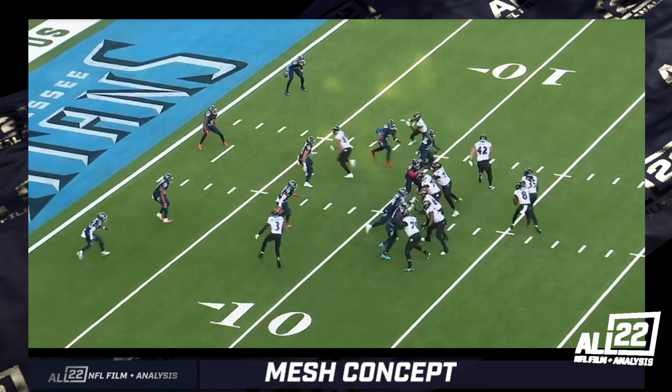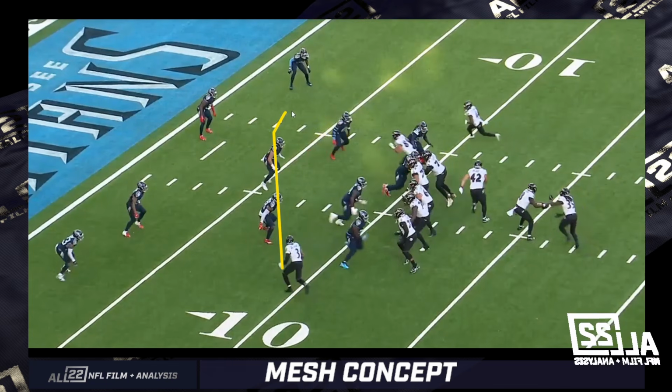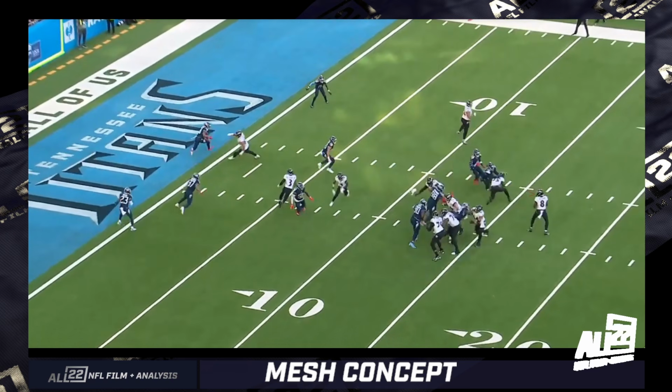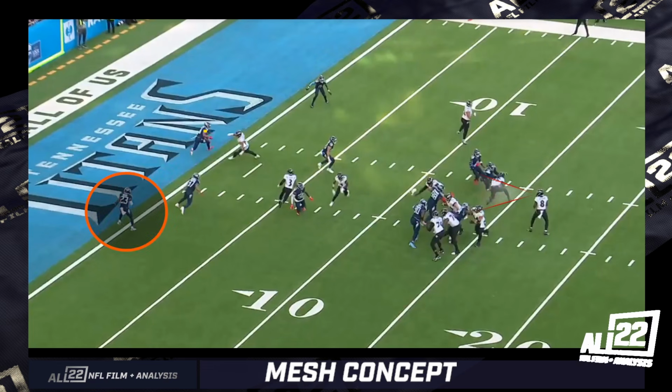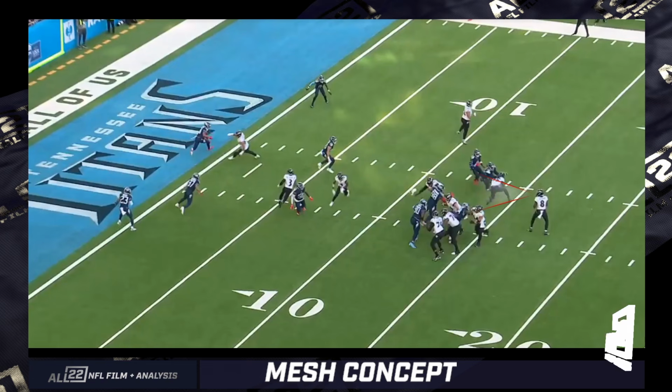So the underneath element of this, the way that the receivers release, both of them, the outside receivers, OBJ with Baltimore back then, and then Zay Flowers here, it kind of gets an interesting reaction from the two outside corners and then from the two safeties. It looks to me like one of the safeties IDs that this is mesh, and he'll kind of sit here on Andrews in the middle of the field. You can see that the boundary side corner has released OBJ underneath, basically let someone else handle that work. Flowers ends up matched up with a running back, but in addition, that boundary side corner who's looking for work,